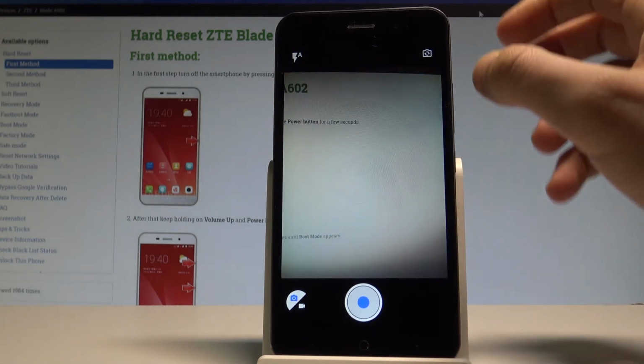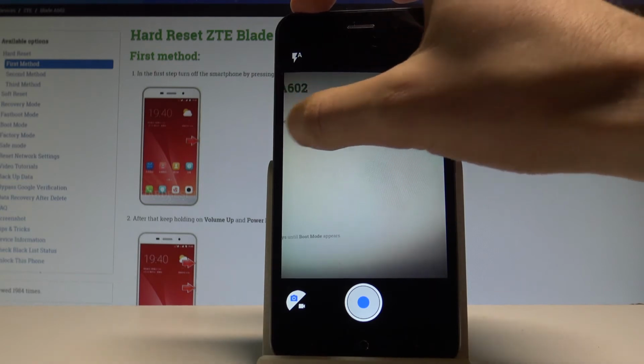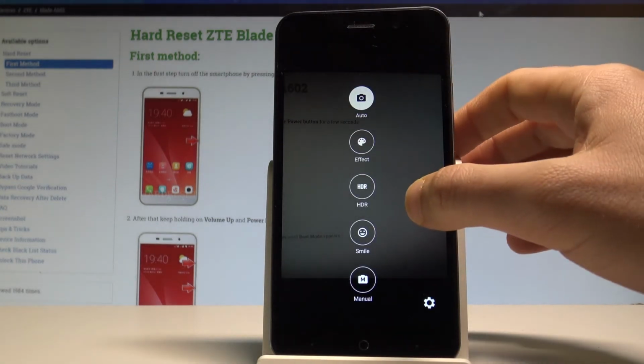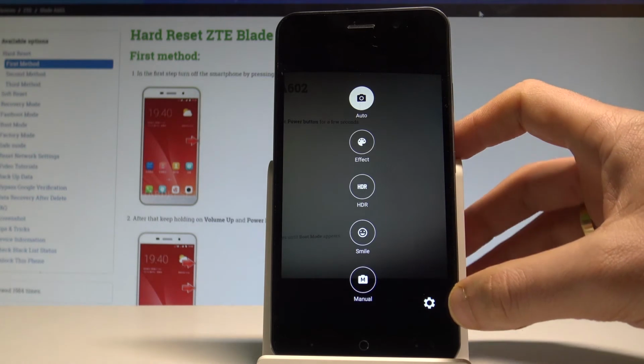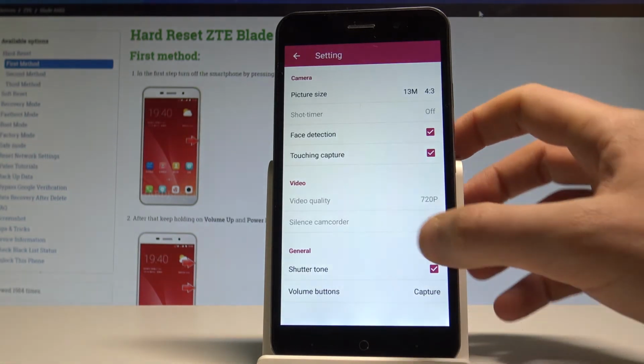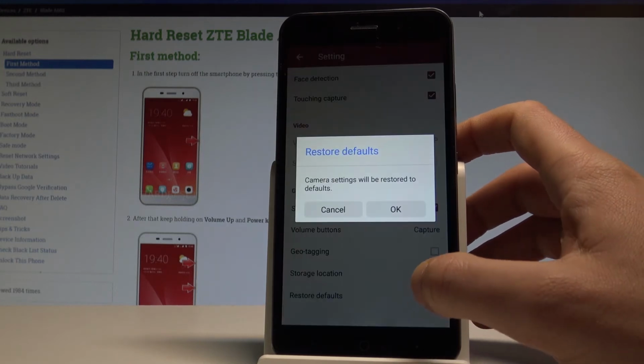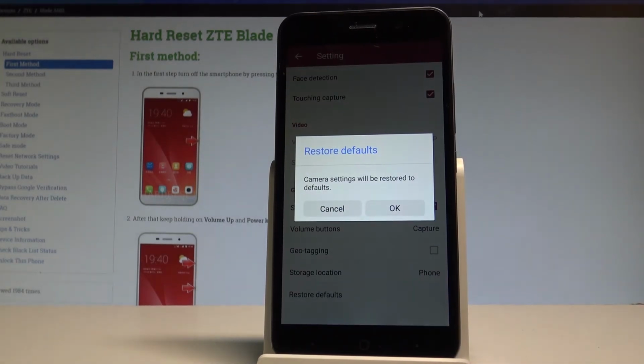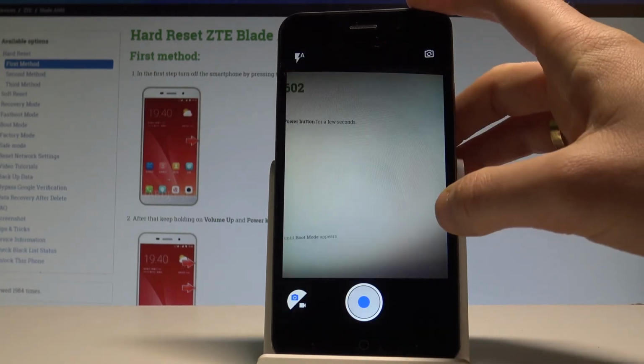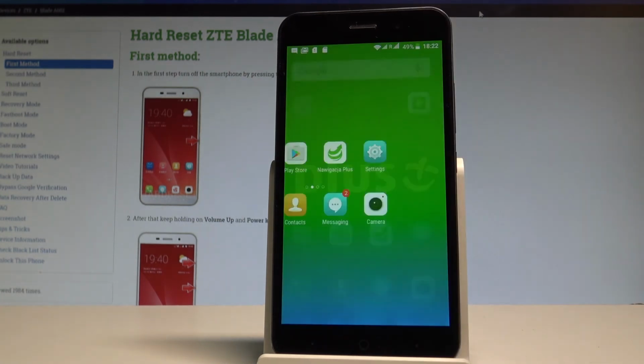Let's use the left bar, so let's swipe from the left edge, and here let's choose the settings icon in that corner. Scroll down to the bottom of the screen and choose Restore Defaults, and the camera settings will be restored to the defaults. If you are aware of this and you would like to still accomplish that operation, let's tap OK. And that's it, you just restored the camera default settings